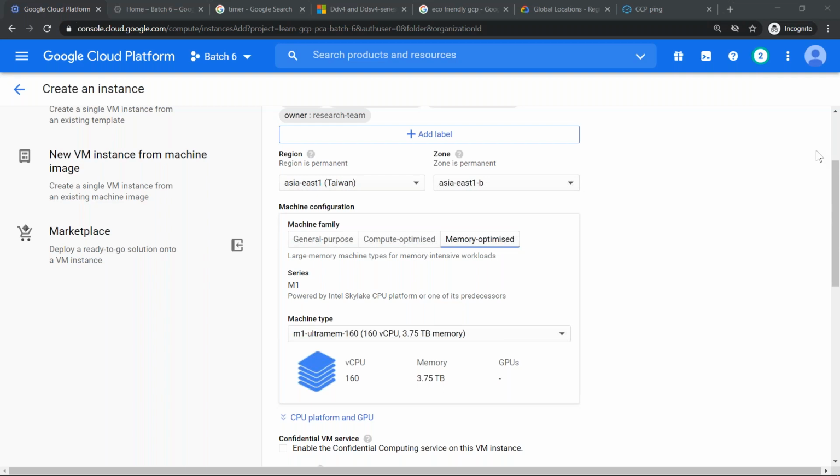Your database is usually going to be a zonal resource, so you have to decide which region. One commonality is not possible, I would say. It has to be a specific zone,